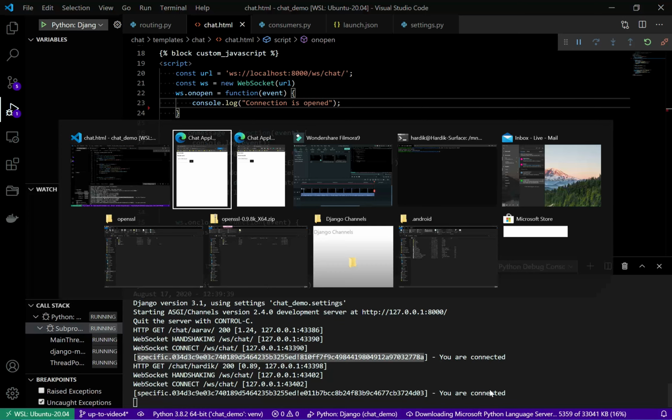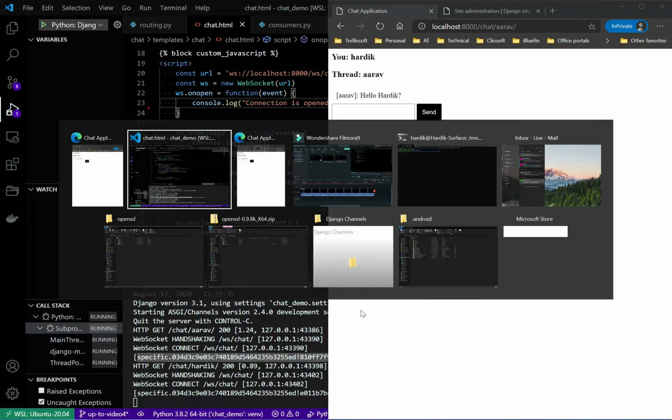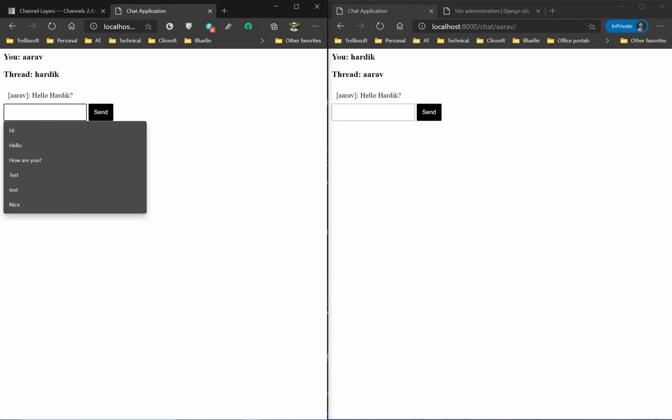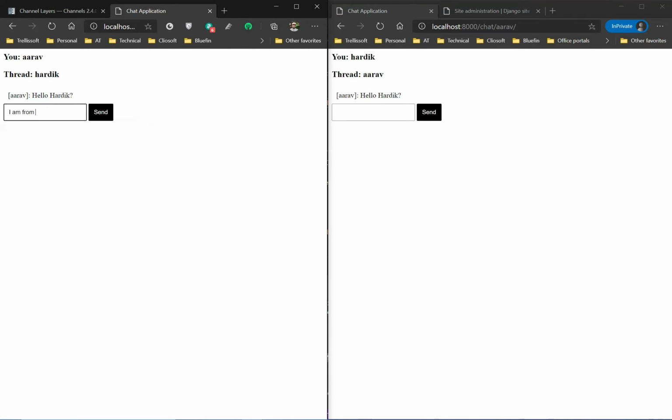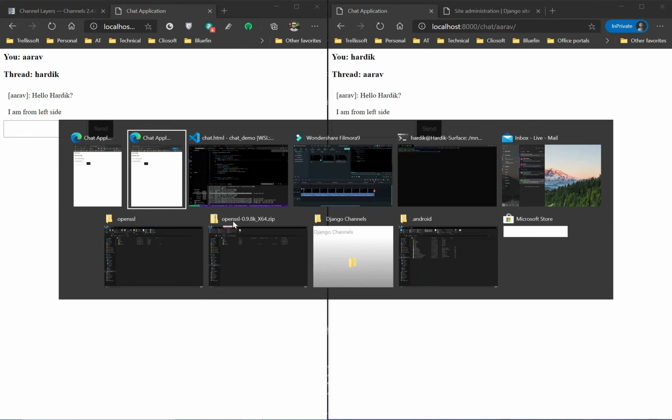And now I'm going to send from this second connected 03, this one from the left side: I am from left side. Okay, so as you can see, I just sent the message from here but it was received at both ends. Why? Because this is now a broadcast message, and it will be received by all the channels available in the server connection.